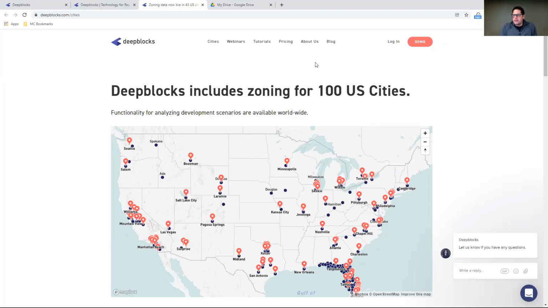We are the leader in digitizing zoning data. There's not one company that has 100 cities with the depth that we have for zoning information. We truly bring you the strongest zoning components to help you with your analysis and help you select sites based on various zoning factors, as well as other elements and different pieces of key information, including market data, demographic data. So we're incorporating and converging all types of data sets here into one interface at Deepblocks.